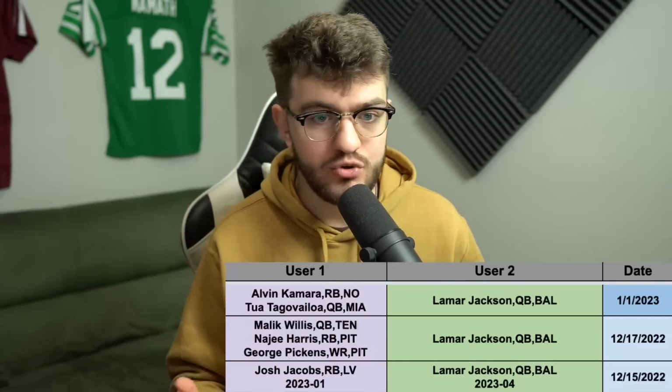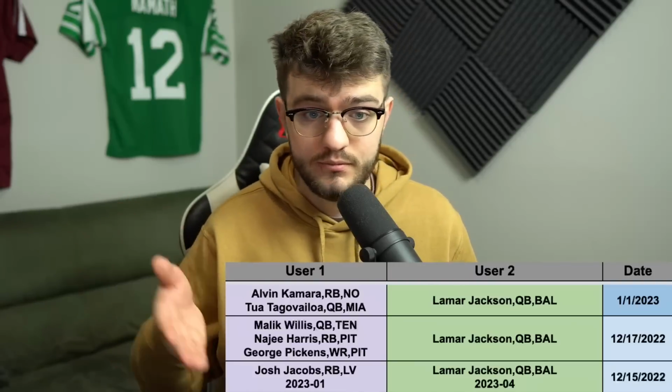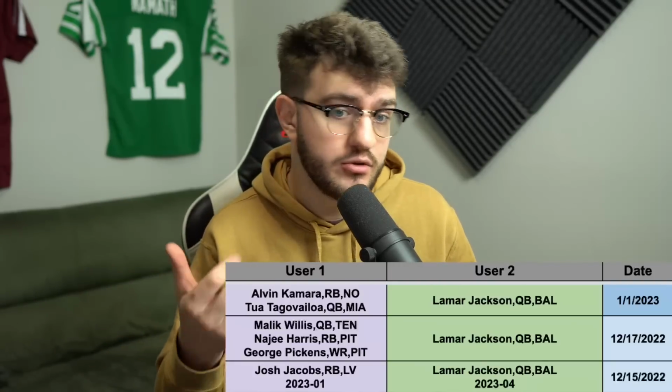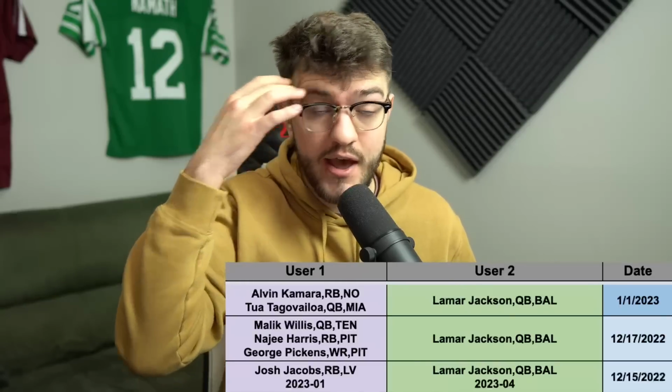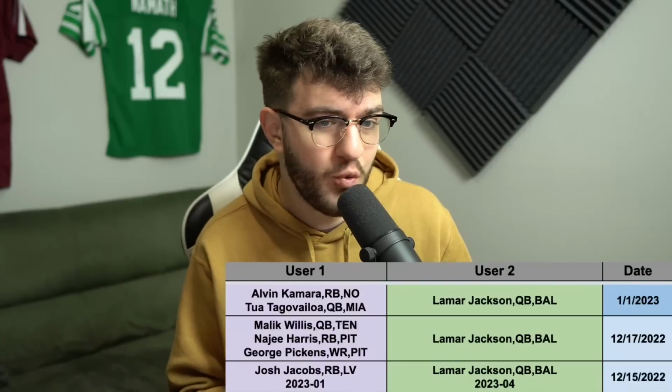Now, if you can use a Tua or a Kenny Pickett type to get yourself into Lamar Jackson, where you pair Tua with a Kamara, a Chubb, a Mixon, a Jacobs, anything like that, and that gets into the Lamar Jackson conversation, 100% do that. You have a 3-for-1 here, which I don't usually love 3-for-1s, but if you can, take